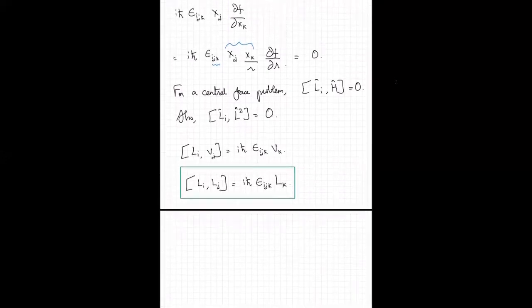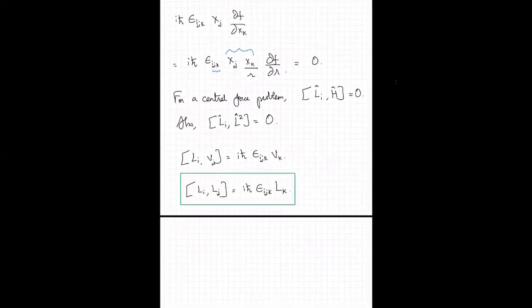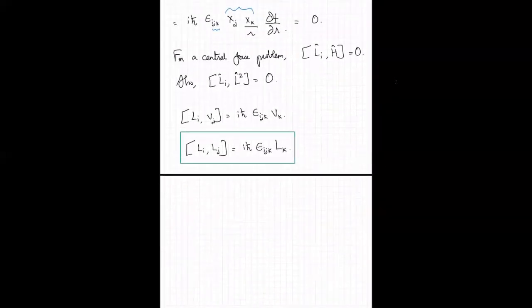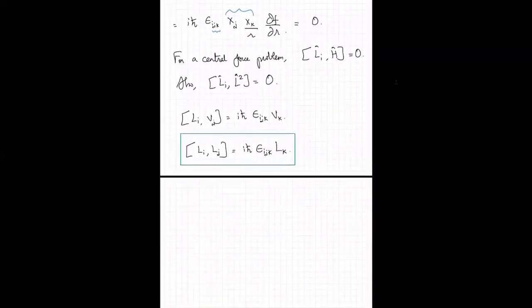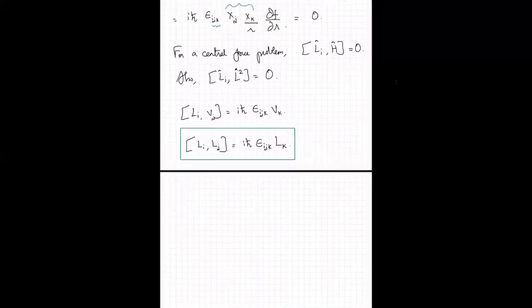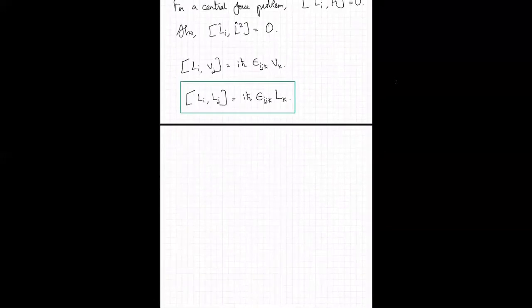So the different components of L do not commute with each other, but I can pick any one of the 3 Li's. Usually the goal is to pick L3. Even though there is no reason to pick L3, we can as well pick L1 or L2. And the convention is that you pick L3. In terms of the differential operator notation, L3 has a very simple eigenvalue equation, as you will see in a second. So the goal of solving any central force problem in quantum mechanics thus becomes: